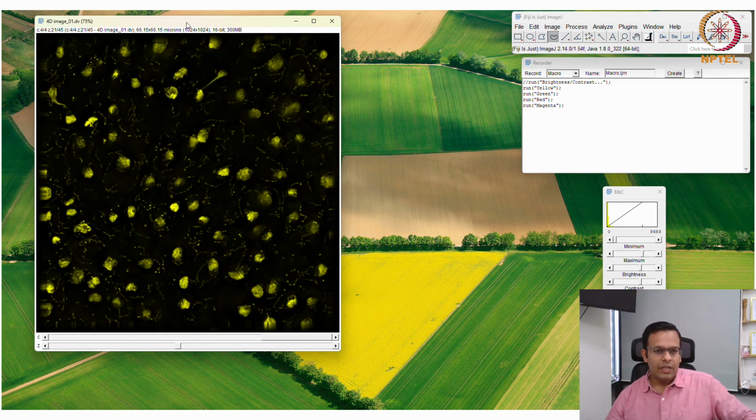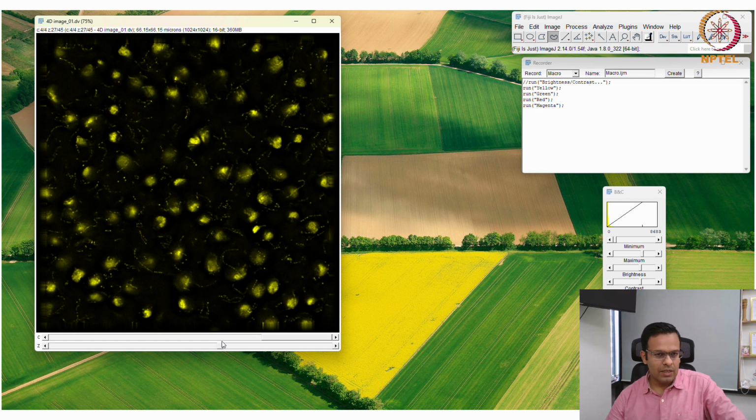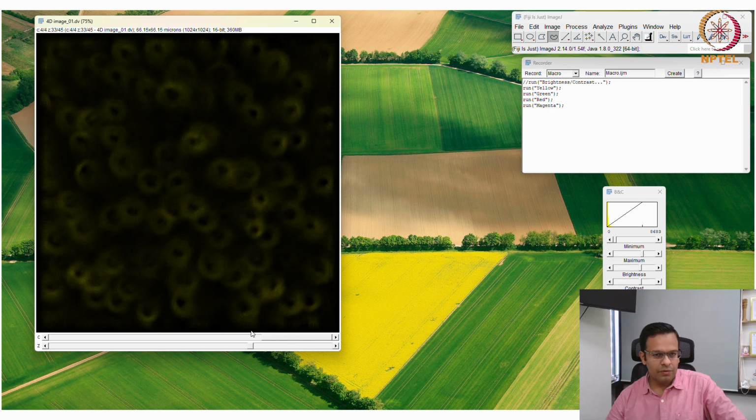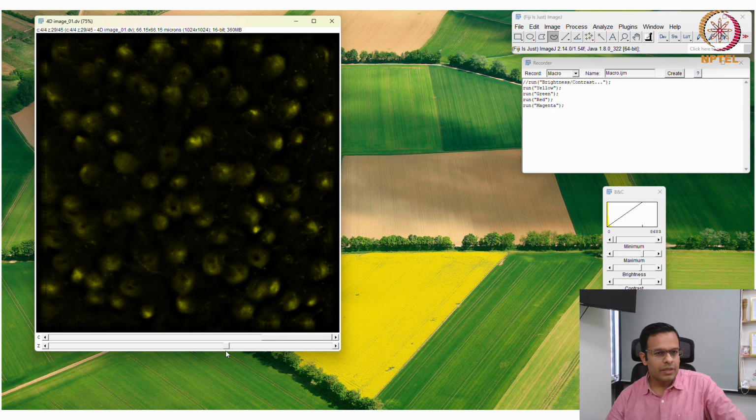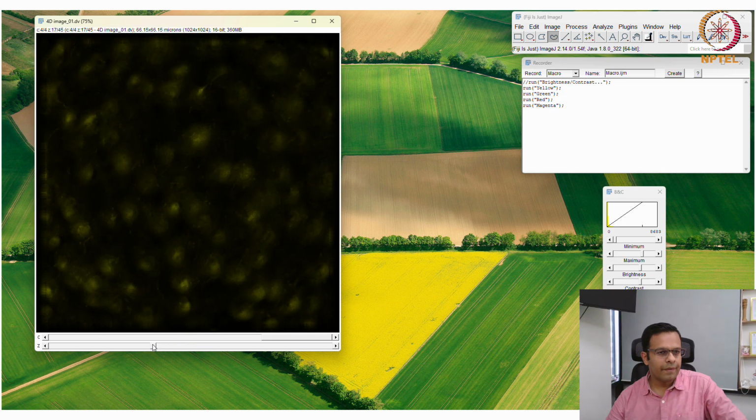Okay, now I want to merge all the Z steps. So let's say there are 45 Z steps for each channel. So I want to merge all the 45 Z steps, or maybe instead of merging all 45, I can merge Z steps from, let's say, 17 to 29, that will be enough, because that contains the nuclei.